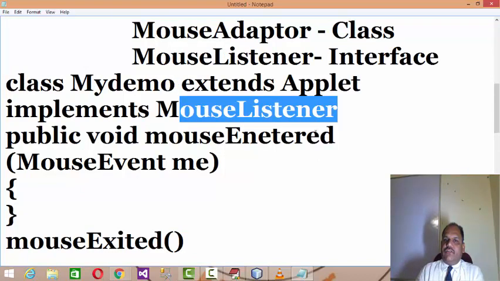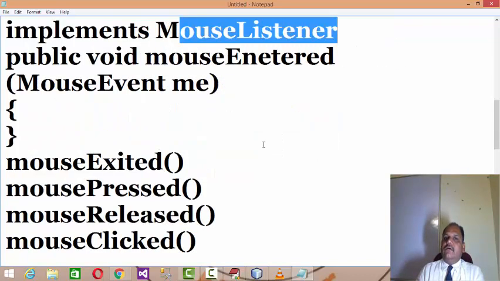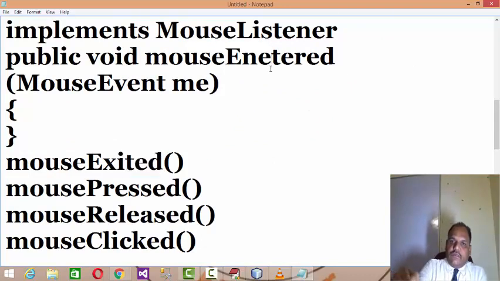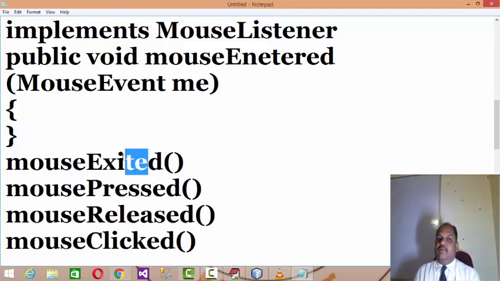Mouse listener interface will provide the methods mouseEntered, mouseExited. MouseEntered means whenever you drag the mouse position into the application, then that time the mouseEntered event will be fired. MouseExited means when you exit that mouse position from the application, then your mouseExited event will be fired.